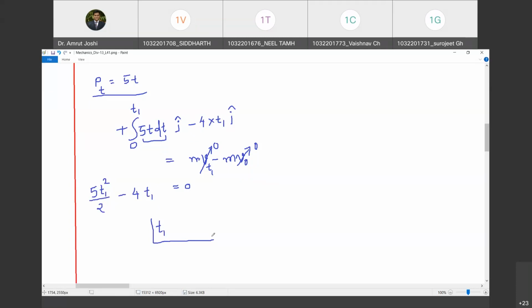Yeah, just a minute, sir. What are the roots? Plus or minus 5 by 2 t. So plus or minus 2.5 seconds. Do you agree? Yes, sir. Now, that negative root we are going to discard because it talks about the interval when observer was not observing. Do you agree with me? Yes, sir. But can we accept the plus root?